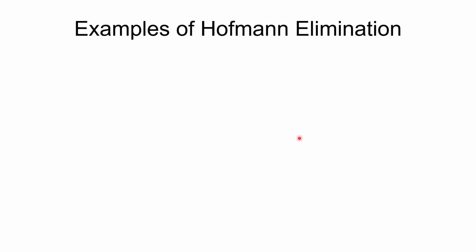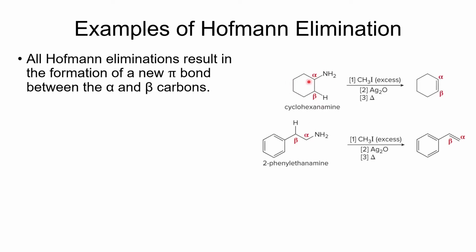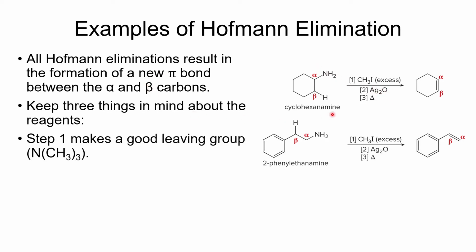Let's look at an example of doing a Hofmann elimination. Here we've got two examples actually. Here we've got cyclohexanamine, and we can do our alkylation of that amine to give us our quaternary ammonium salt. That gives us our quaternary ammonium salt, which makes it a good leaving group, or at least a better